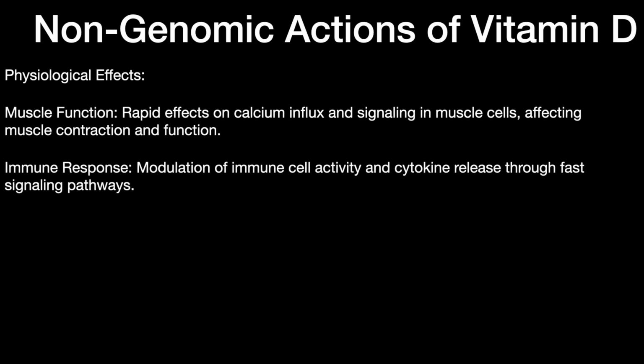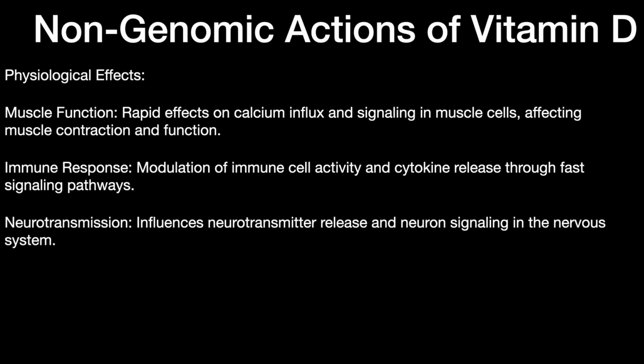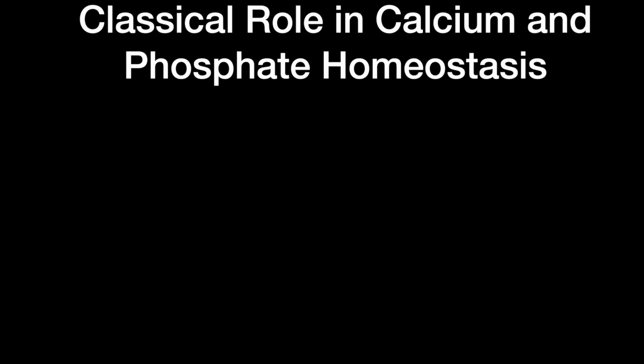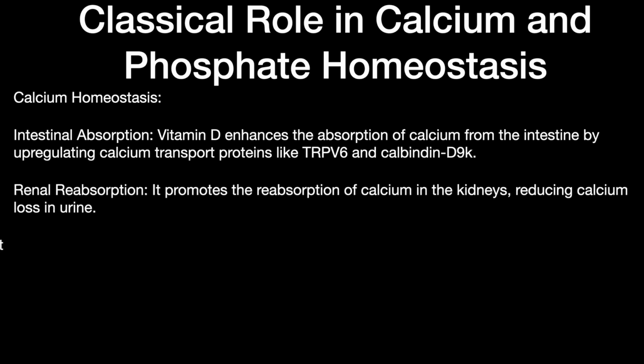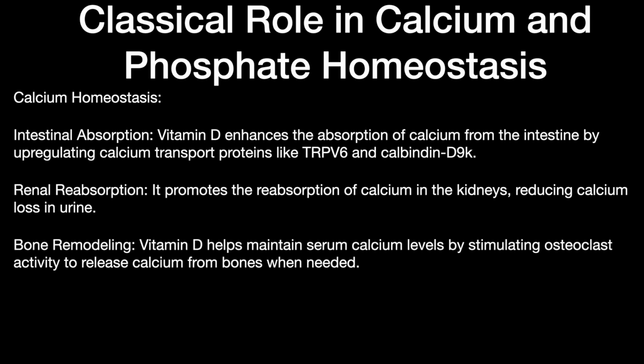affecting their contraction and function. Immune response, that is modulation of the immune activity and cytokine release. Neurotransmission. Next is the most important role of vitamin D, that is the classical role in calcium and phosphate homeostasis. So coming to calcium homeostasis, it affects the intestinal absorption, the renal reabsorption, the bone remodeling,